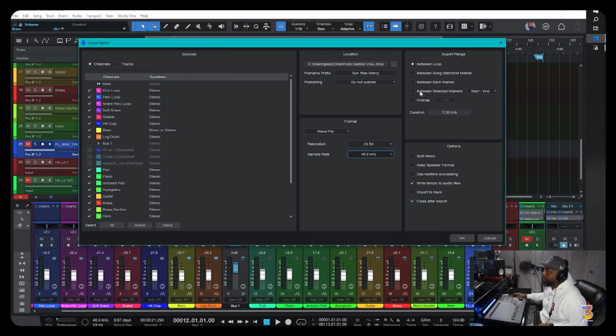Or you can do between selected markers, start to end. Or if I had more in my session, I could choose that. Overlap, that's on the end. Do you want a tail end on that? Okay. And so if you're doing just a short section, or if you're doing the end of a